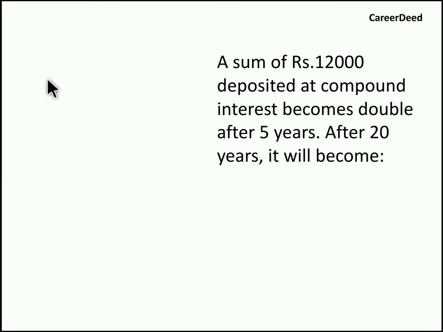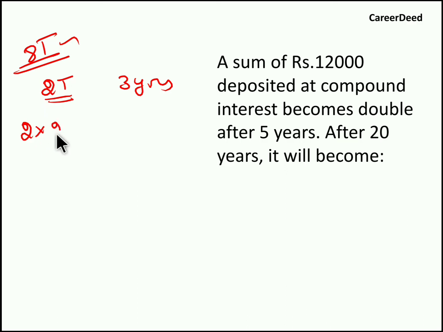A sum of money becomes 2 times in 3 years. In how many years will it become 8 times? So you have to find how many years the amount will become 8 times. You have to represent 8 in terms of 2. So what do we have to do? 2 into 2 into 2, you get 8 times. Now on the right hand side you have to do 3 plus 3 plus 3. So 2 times in 3 years, 8 times in 3 plus 3 plus 3, 9 years.